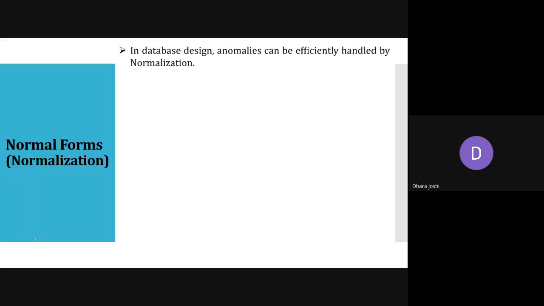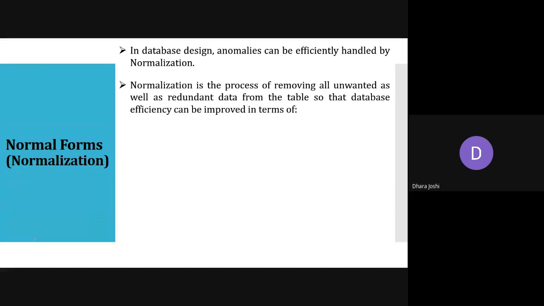In database design, anomalies can be efficiently handled by normalization. Normalization is the process of removing all unwanted as well as redundant data from the table so that database efficiency can be improved.